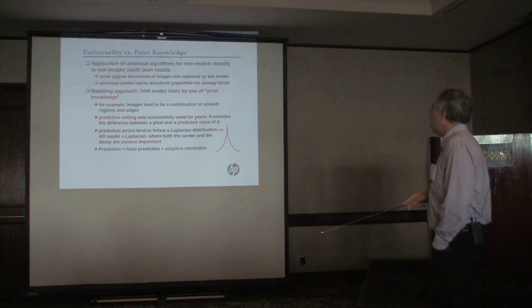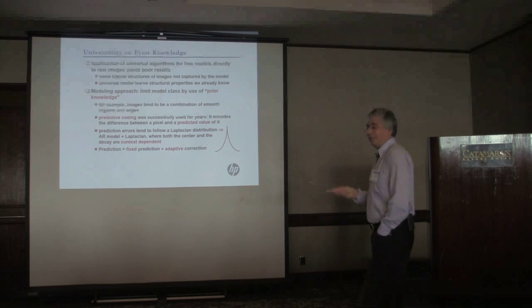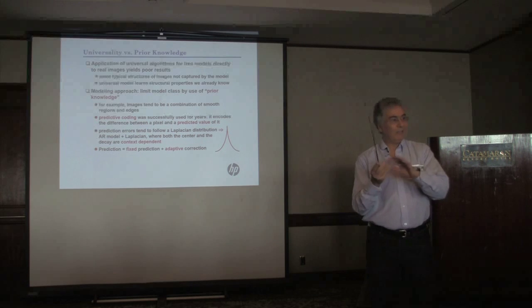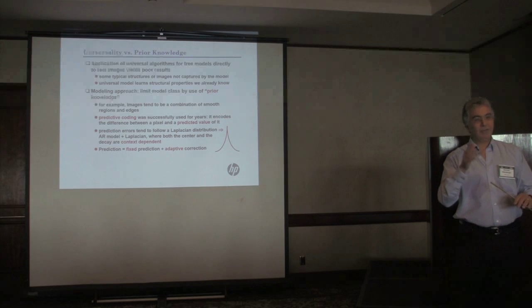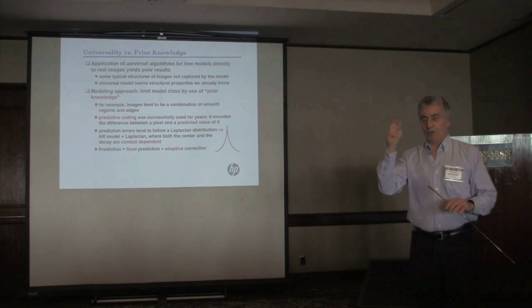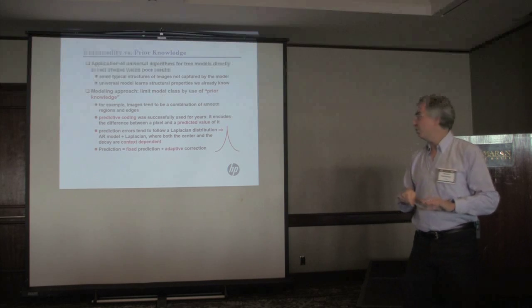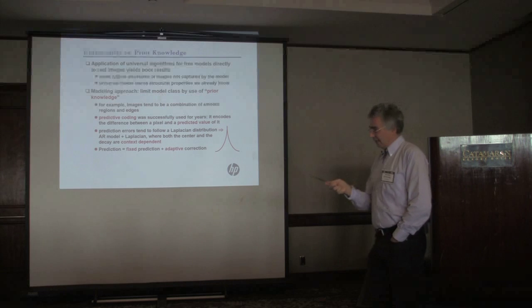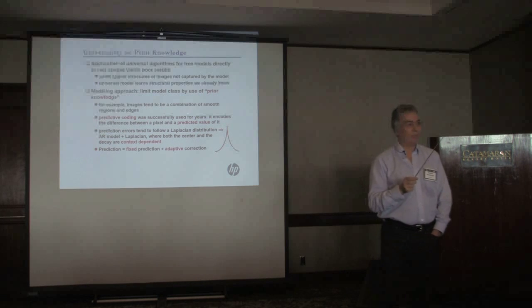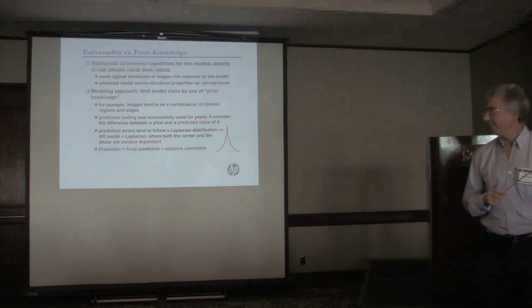And so what makes sense is to use an autoregressive model plus Laplacian, where both the center and the decay are context dependent. So we are mixing here this prior knowledge with context models. The context gives you the dependency of the bias of the distribution and of the variance of the distribution. So we will use a prediction, as traditionally done, a fixed predictor, but we will also have an adaptive component to that predictor, which is context adaptive.